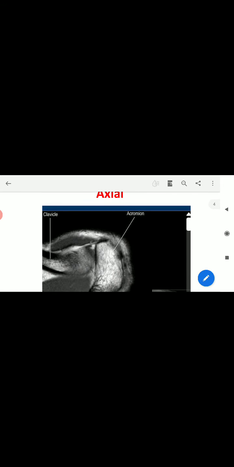The axial plane is like how you cut carrots, chopping on the chopper. Basically, we are seeing from the top to the bottom. The first structures we'll see are the acromion and the clavicle. As you know, the clavicle will be anterior and the acromion will be the lateral structure. We'll also see one muscle in the superior aspect, that is the supraspinatus. The supraspinatus fibers will be in a plane along the spine of the scapula.